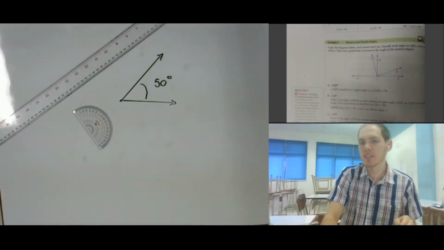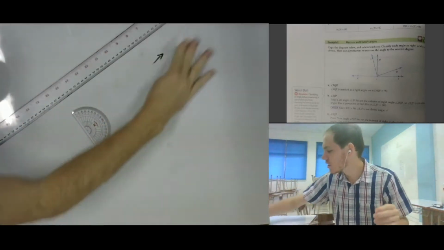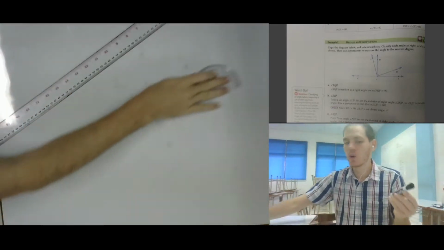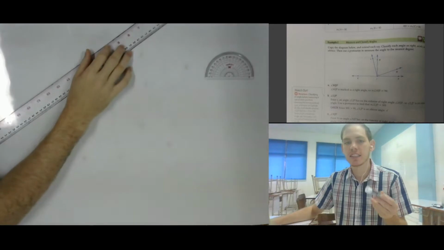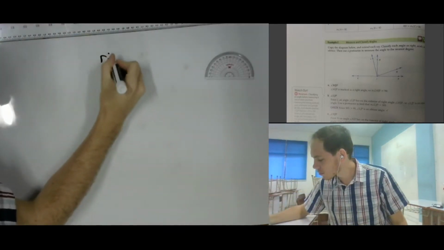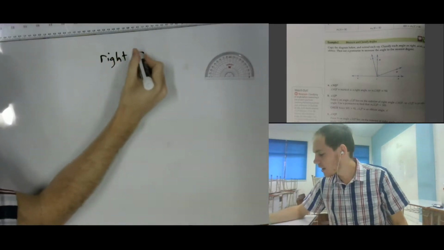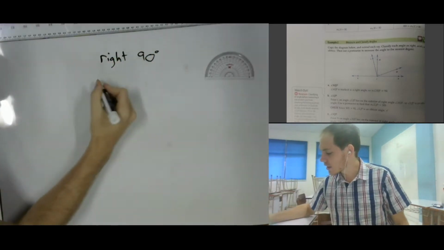Hello again. We're going to be talking about classifying angles. So we've got three types of angles: acute, right, and obtuse. Right is going to be 90 degrees. Okay, acute